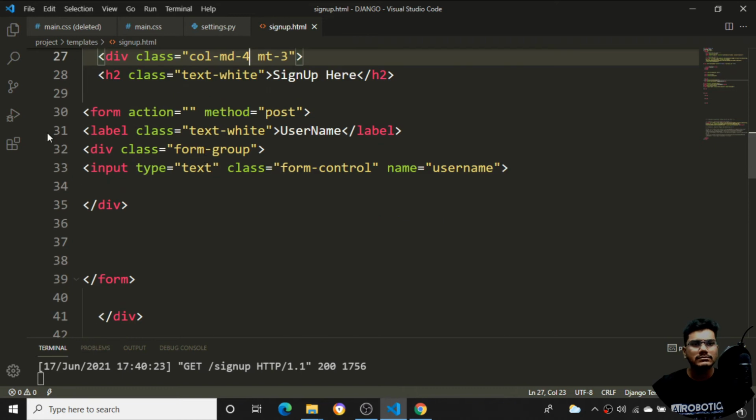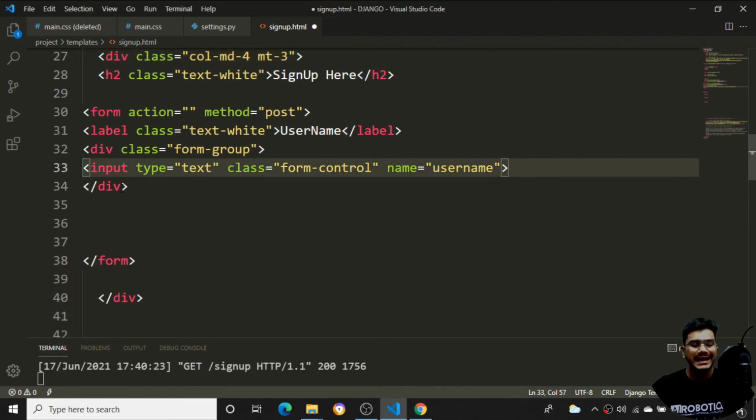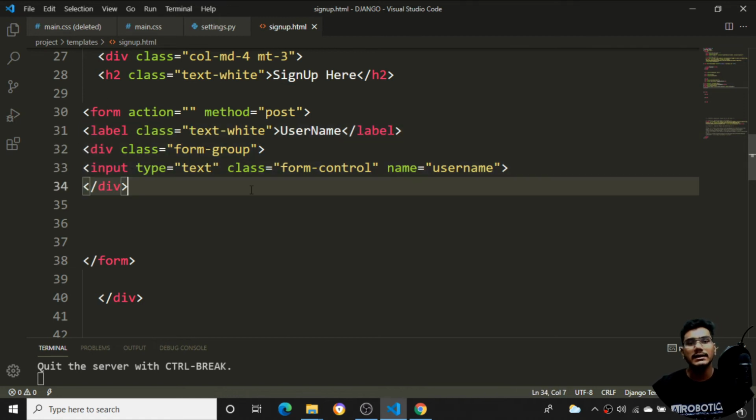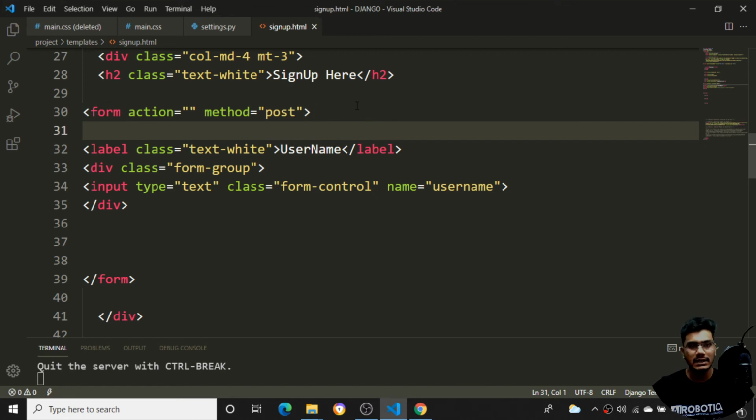Now once the username is done, I can take the first name as well as the last name, but I'll maintain a profile of the particular user. There, whenever I like, I can change my first name and last name, and I'll be teaching you that. So now let's maintain only username, email, password, and confirm password. The username I have taken, so I'll just save it.